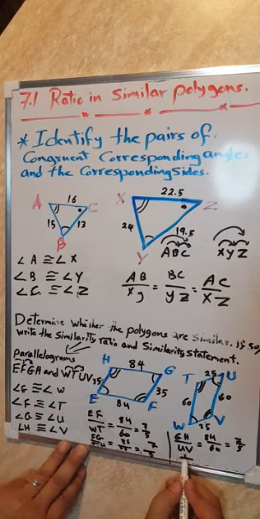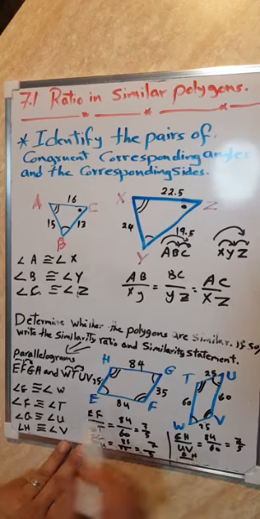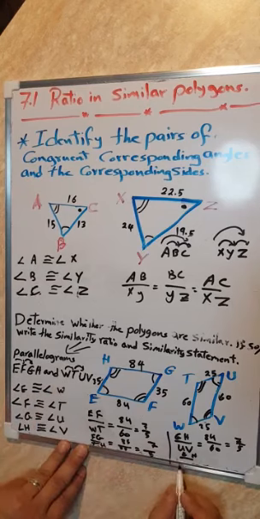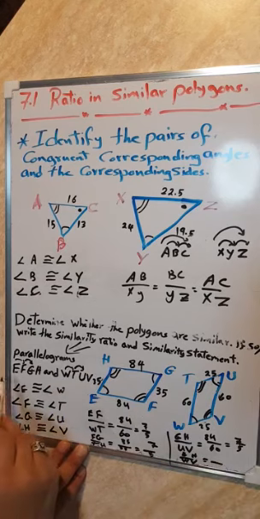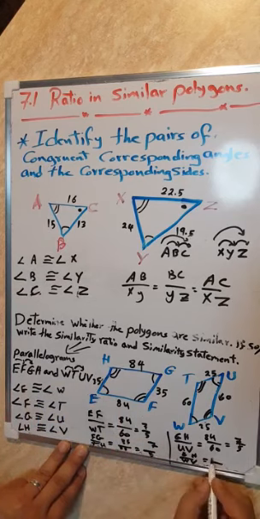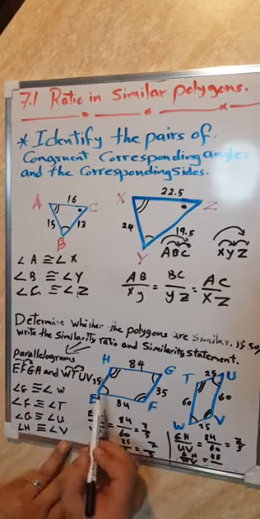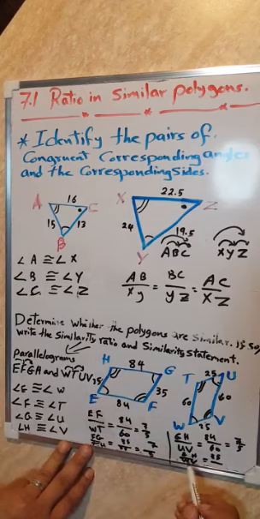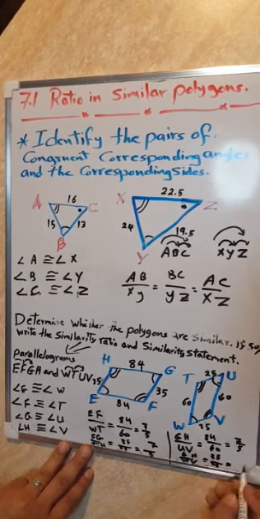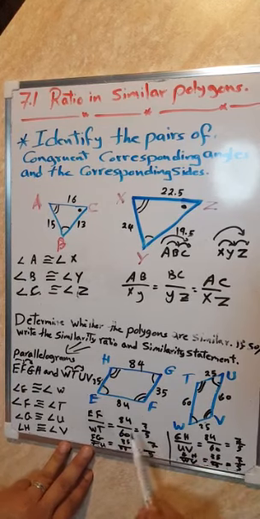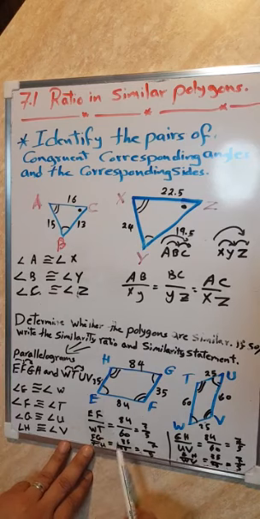EH over WV. EH is 35 and WV is 25. So equals what? 7 over 5. Because all the corresponding sides here have the same ratio,